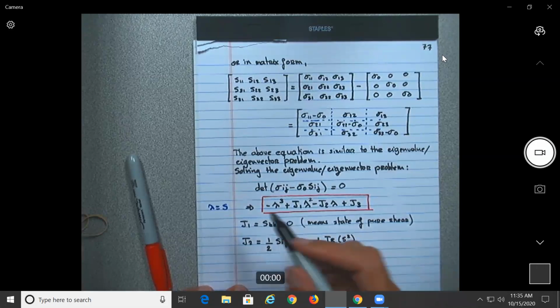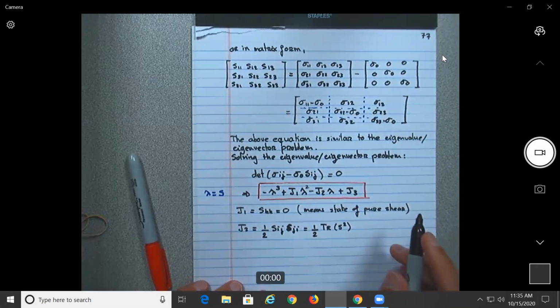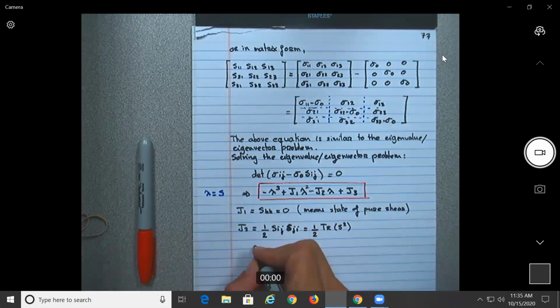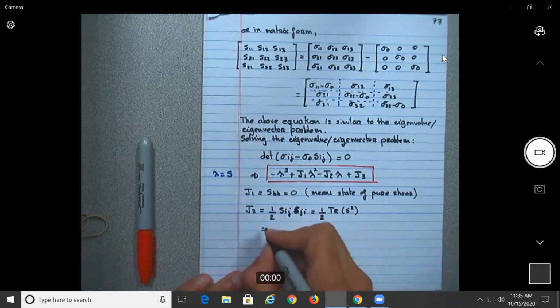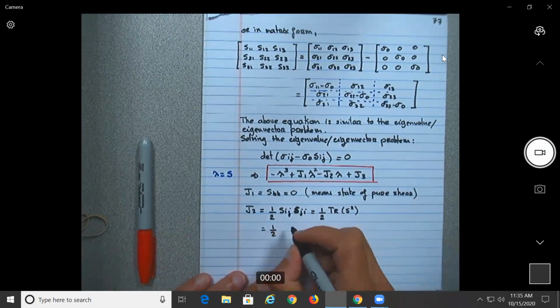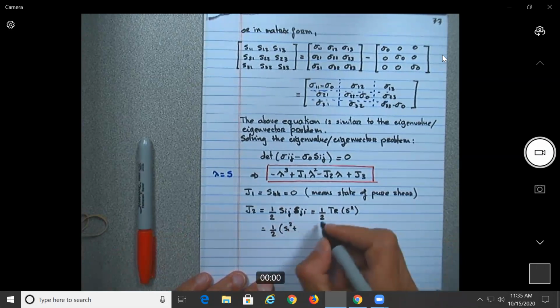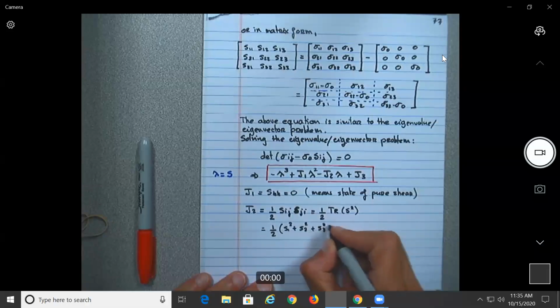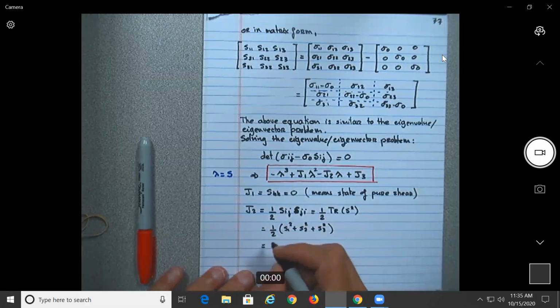So basically you just take 1/2 of the diagonal terms. Okay, and there is some small derivation, but I think I asked you to do that in a homework. This is equal to 1/2, obviously, of S1 squared plus S2 squared plus S3 squared, which is equal to